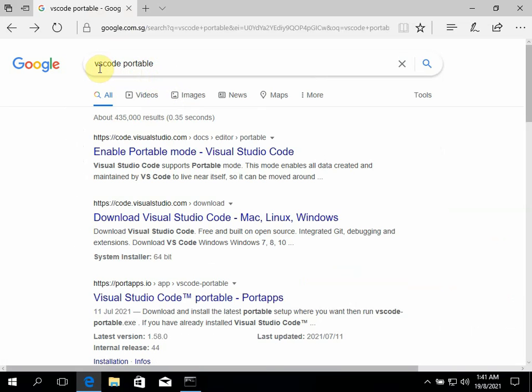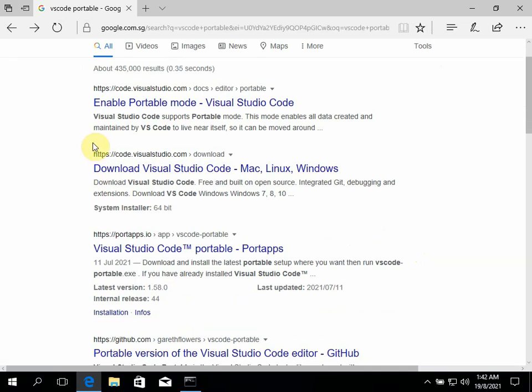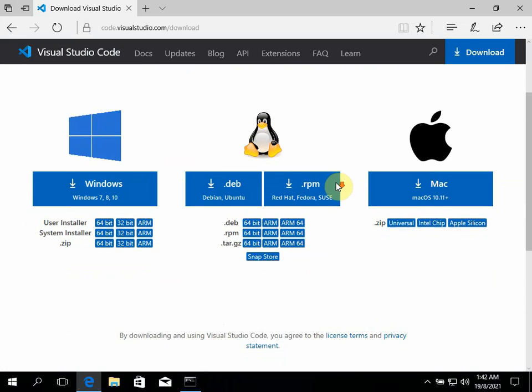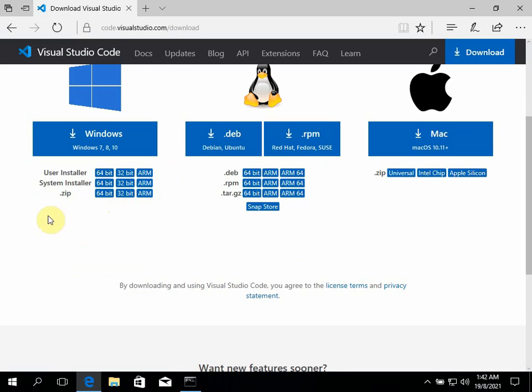So the keyword is VScode portable, and then you will see a link which is here. The link is called code.visualstudio.com/download. It allows you to download the actual code. Okay, then we can just click this, right? Download Visual Studio Code. This is the place to download the program, and then choose